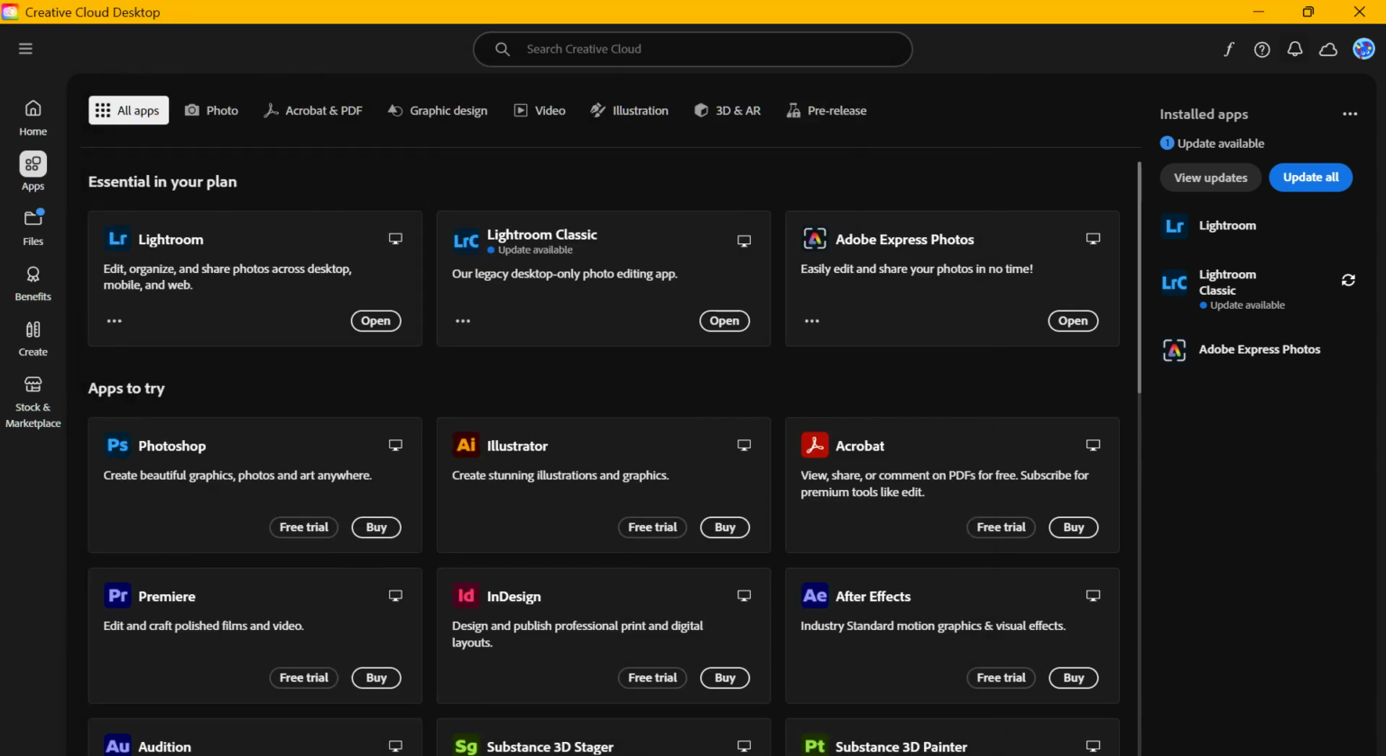And that's it. Those are the main fixes for a Lightroom installation error. Restart your PC, run Creative Cloud as admin, check your internet, disable VPN or proxy, make sure you have enough free space, update Creative Cloud, and temporarily disable